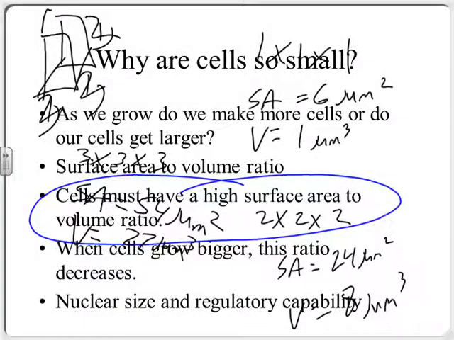Less room on the inside? Not so much less room on the inside, there's less membrane to bring in the stuff. It's harder for it to get in the oxygen and get in the nutrients. So the only way to get around that for a cell is to stay small. Cells stay small so that they have a lot of membrane, a lot of surface area compared to each unit of volume, each unit of the inside. Does that make sense?